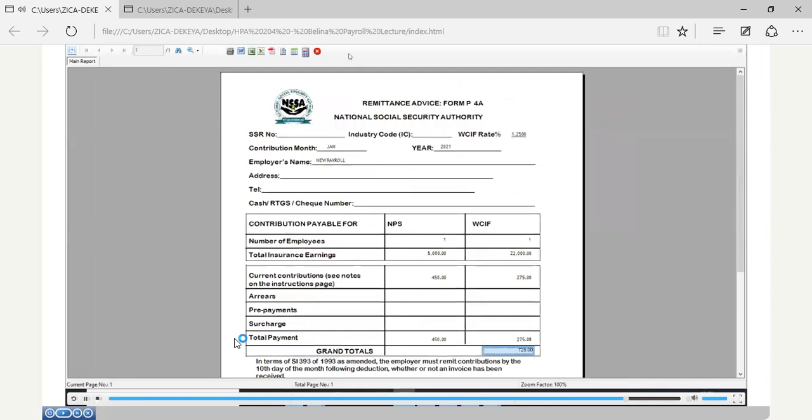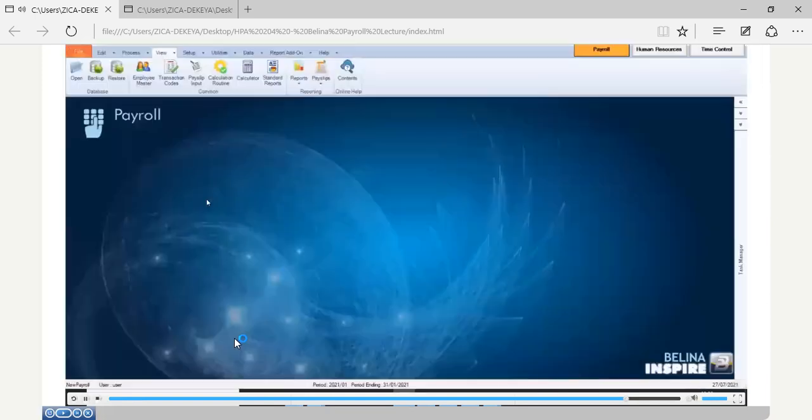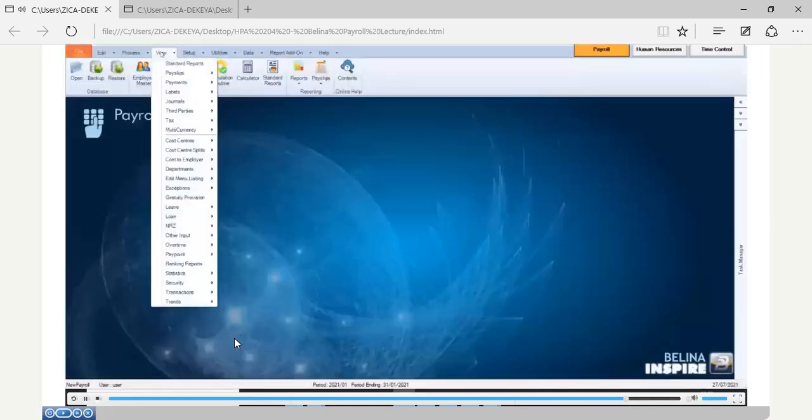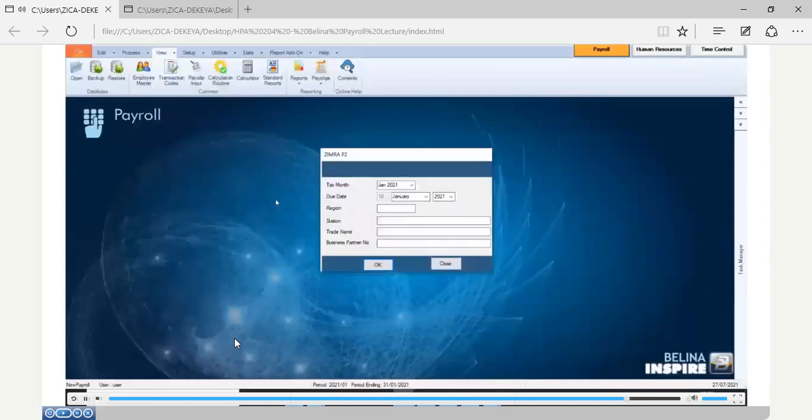After that, close, and we can go on to view, and then tax, and then ZIMRA P2. This is your tax return, and it is submitted on the 10th of the following month. So if we're going to be running a payroll in January, that means the due date would be the 10th of February for our return. Our region, if you're going to be in Harare, is 01, and the station is Kurima House. That's where everyone in Harare is supposed to